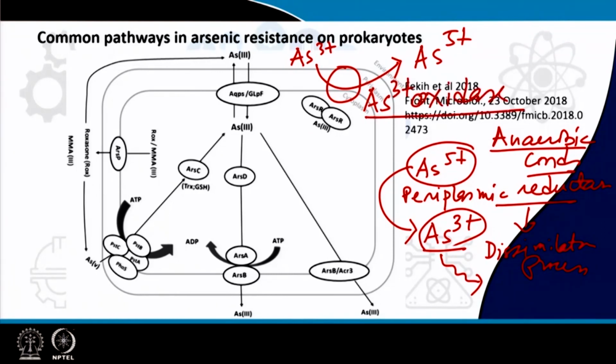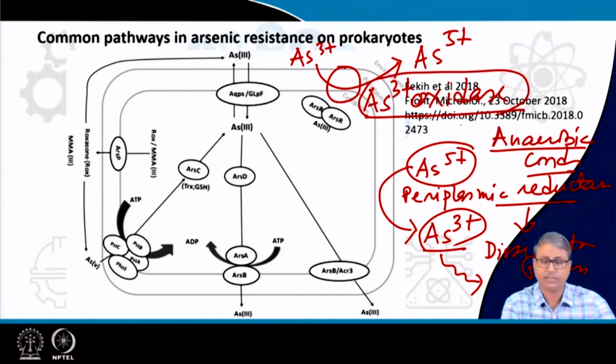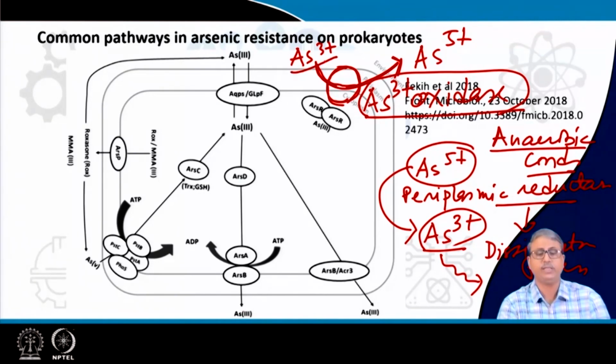This arsenite oxidase is a very specific enzyme, it is not a general cytochrome or flavin based enzyme. Those bacteria which possess this arsenite oxidase in their outer membrane are capable of oxidizing AS3 plus to AS5 plus, and this could be considered as a detoxification strategy again,